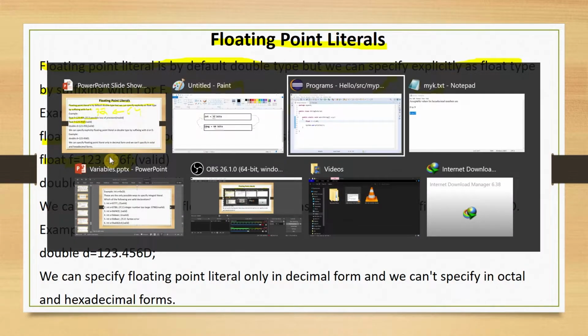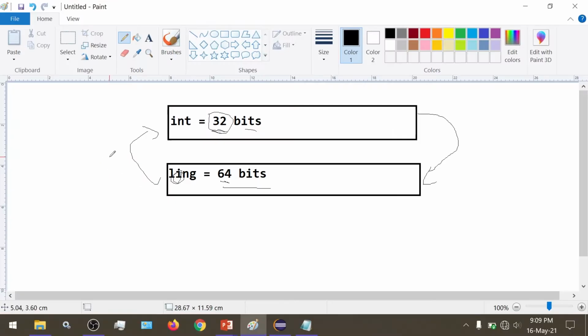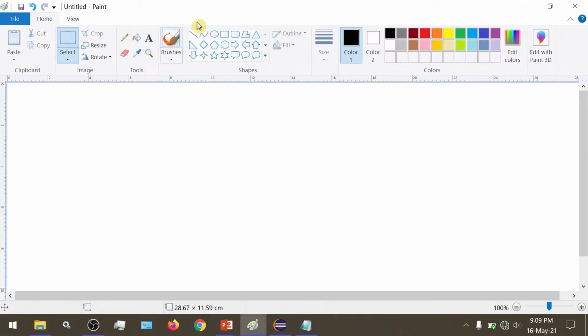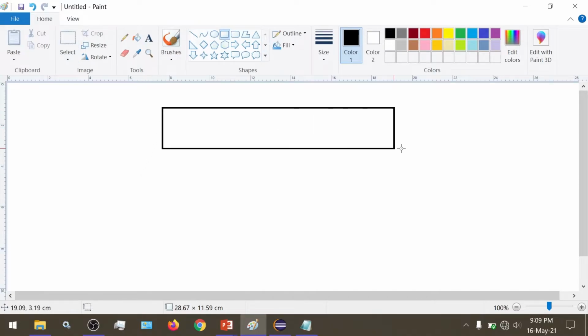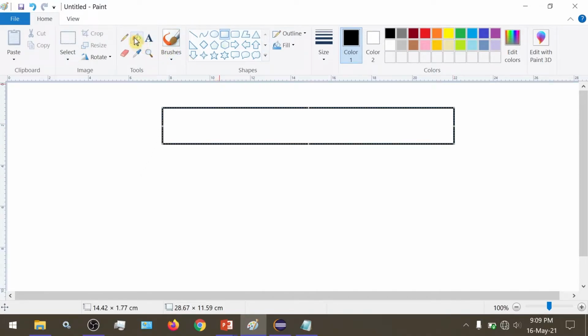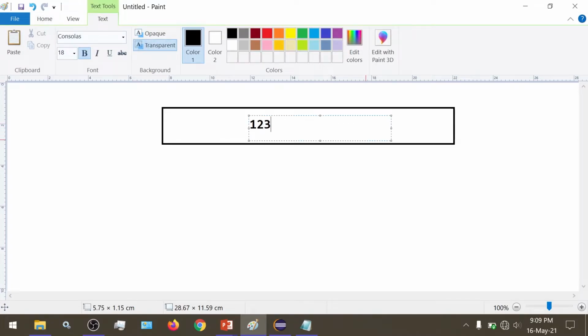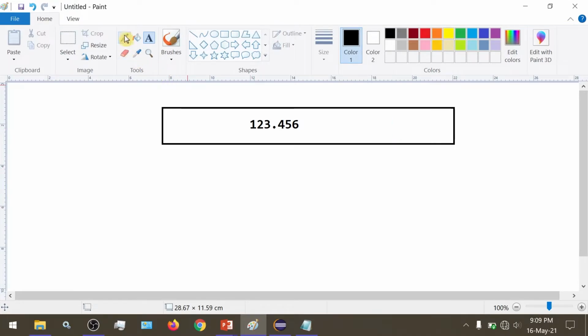Let's see what happens. Suppose the value 123.456. When we represent this number, it takes a sequence of zeros and ones.